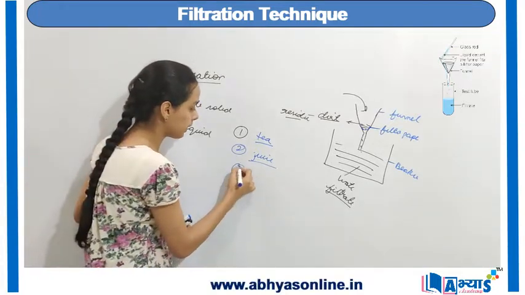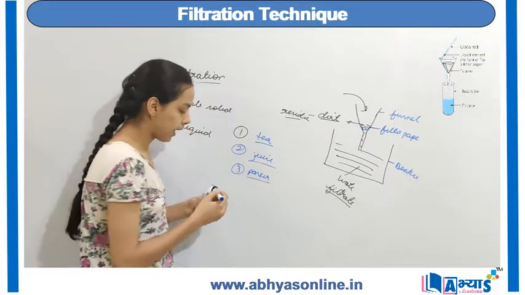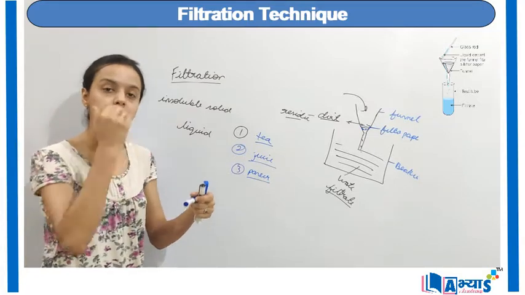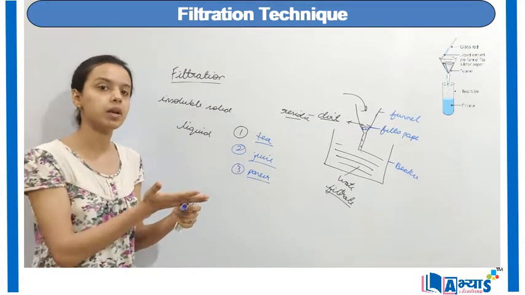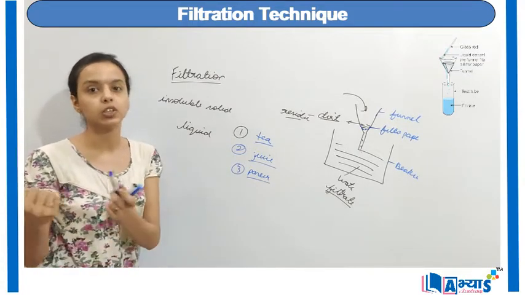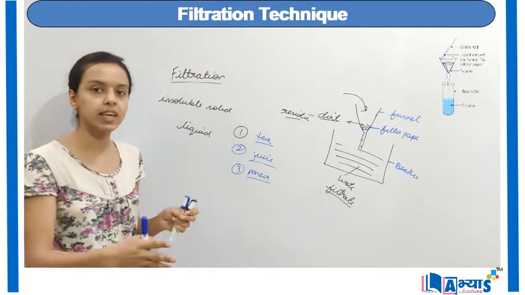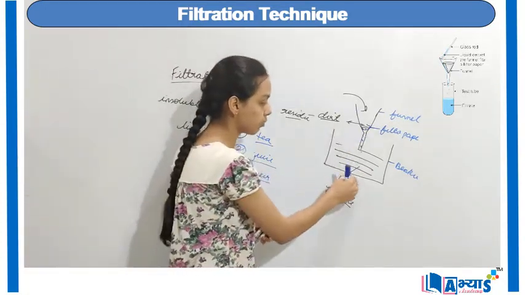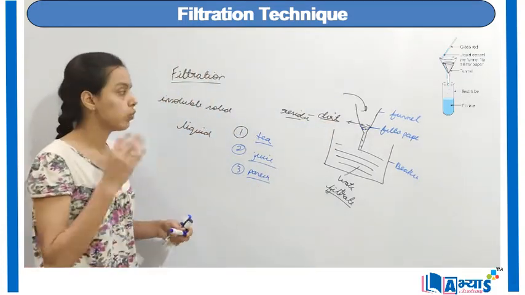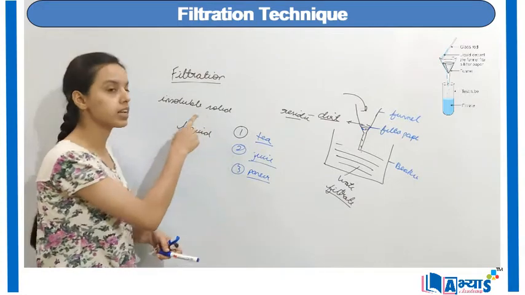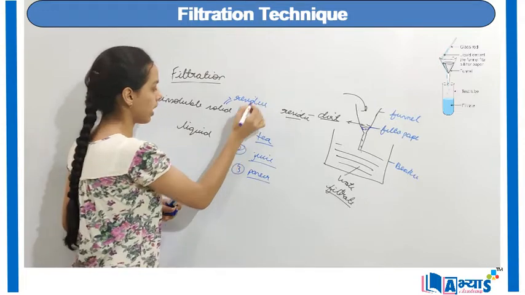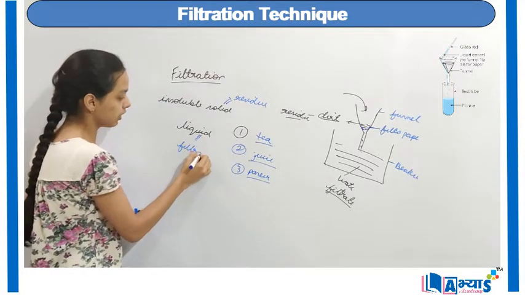Also while preparing paneer at your homes, sometimes the paneer has to be removed from the liquid substance. So when you are doing the filtration, the liquid will come at the bottom and the solid will remain at the top. In this case, the paneer is the residue and the liquid substance is the filtrate. So in all of these cases, the liquid is what comes at the bottom, and the liquid is the filtrate and the solid particles are the residue. When we do filtration to remove the solid particles from the liquid, the solid is the residue and the liquid is the filtrate.